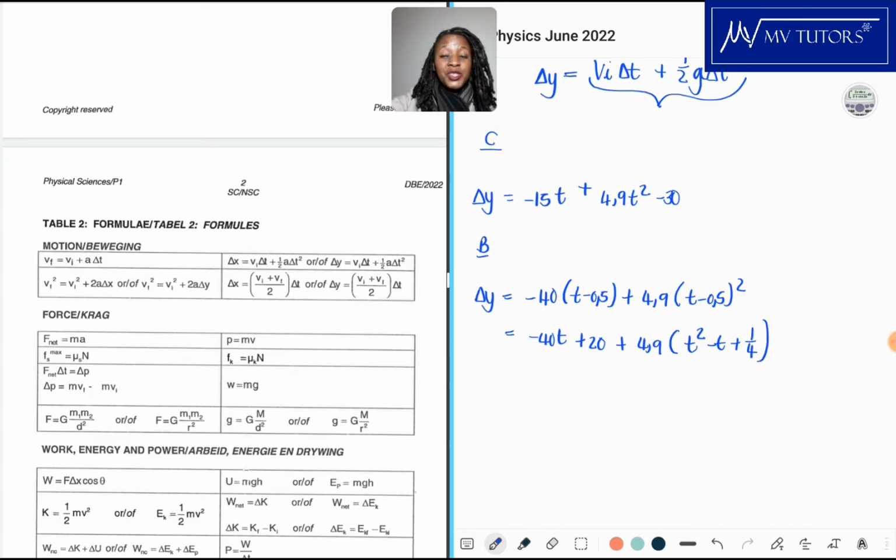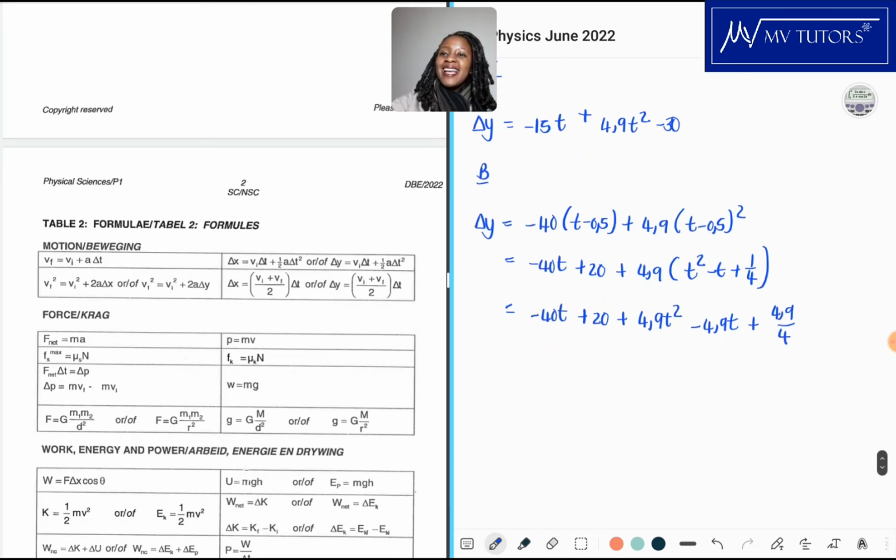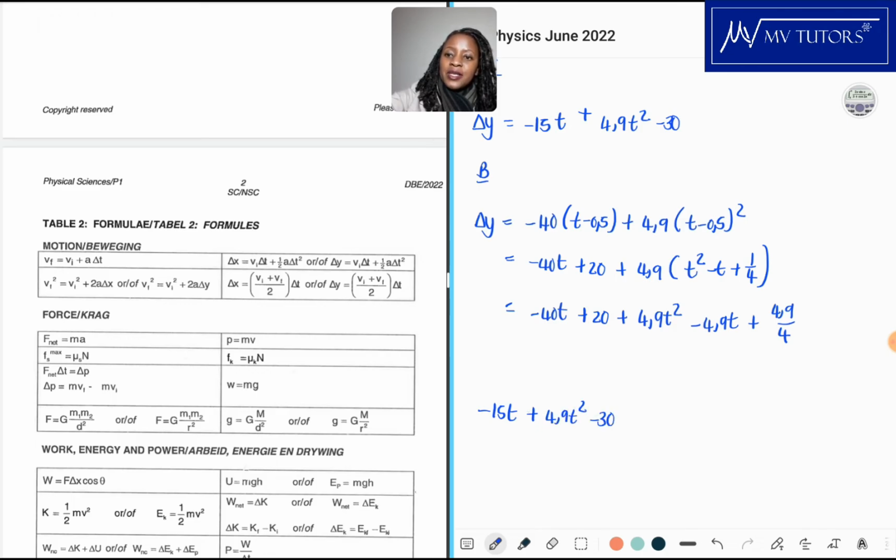So this is the maths portion of it. Algebra. I hope you're good at that. Then we have 4,9 t squared minus 4,9 t plus 4,9 over 4. I'll figure it out later what it is. And so I can equate both equations, and that's why I wanted to write it in the form of delta y. So I have negative 15t plus 4,9 t squared minus 30 is equal to, let me just add what I can add, negative 44,9 t,